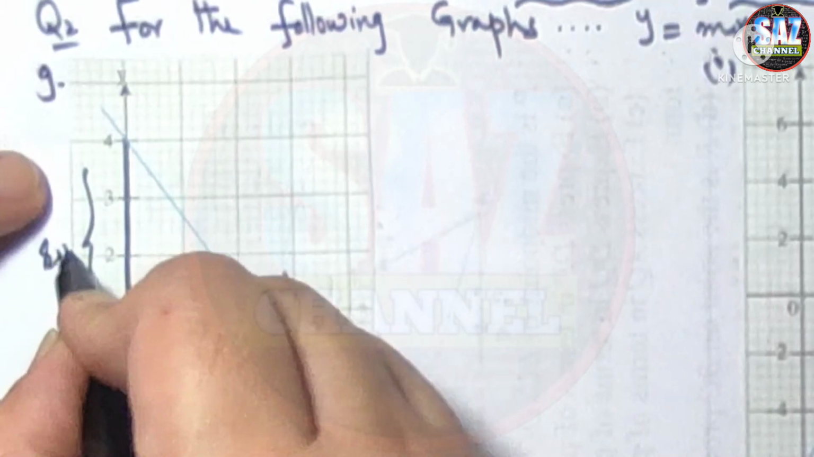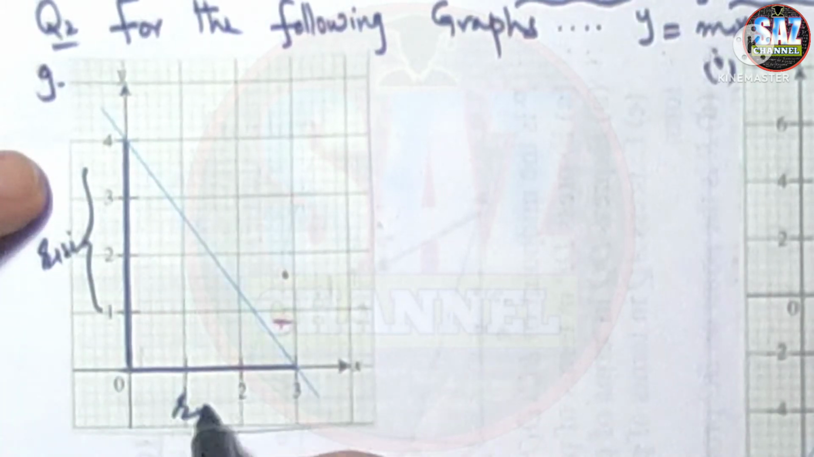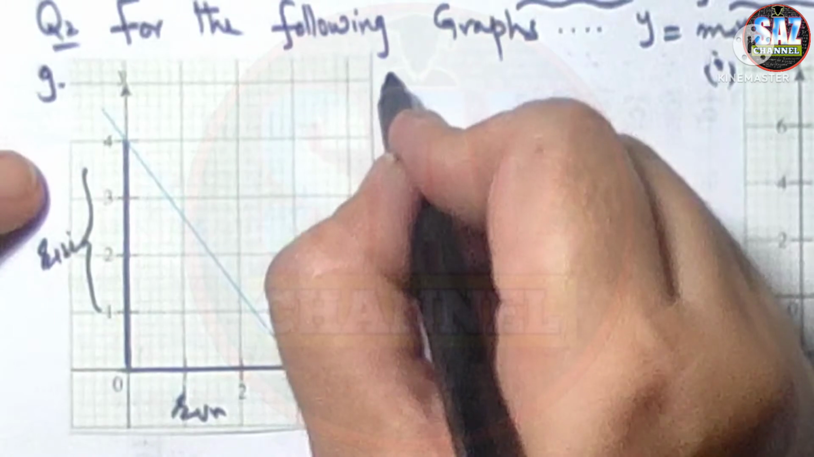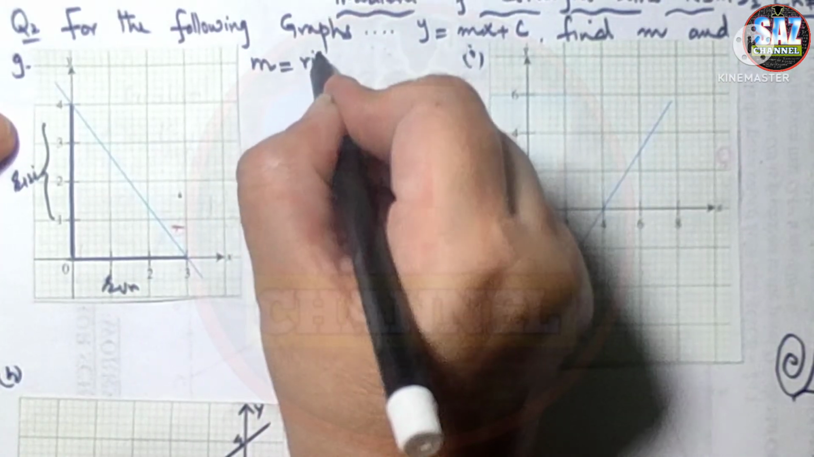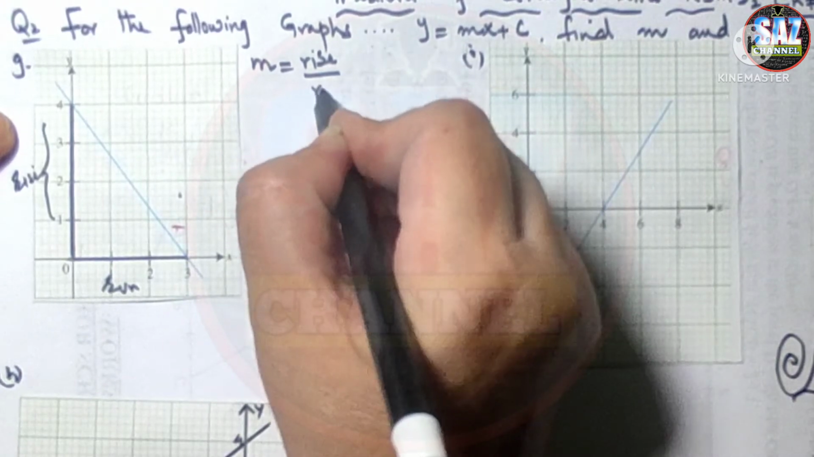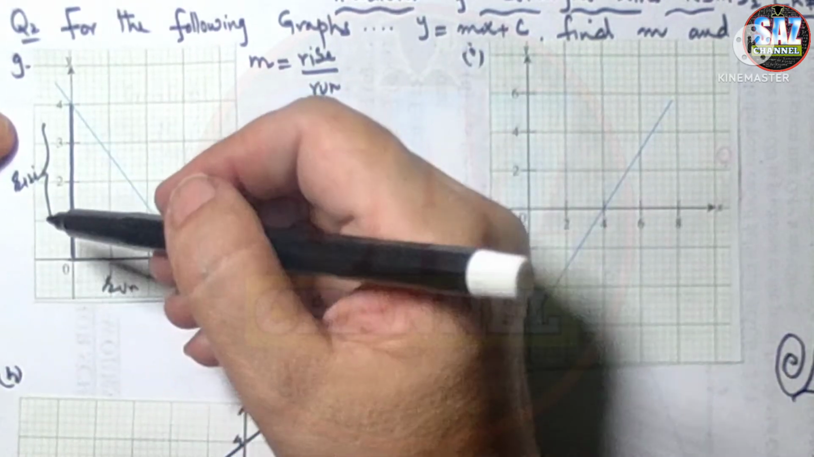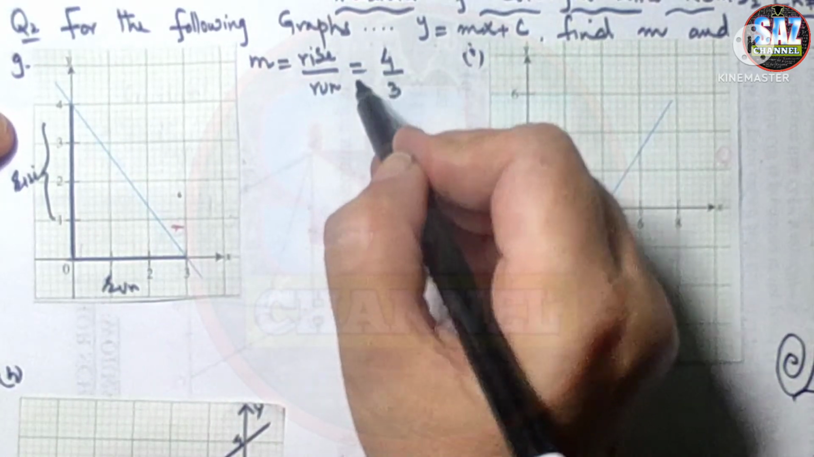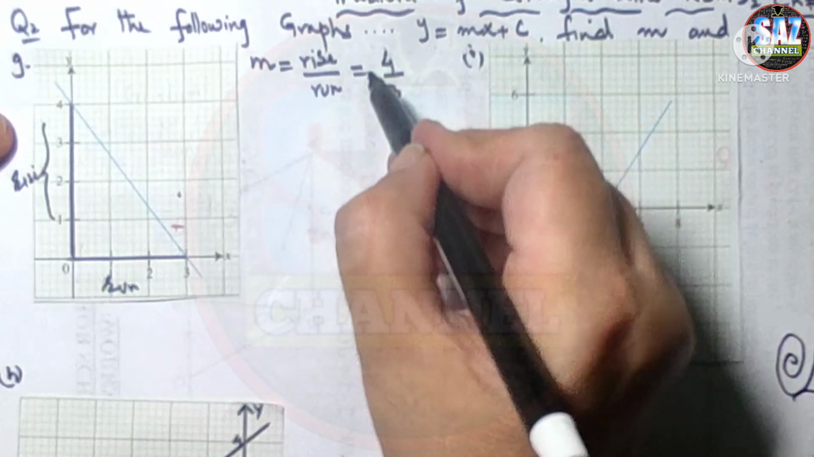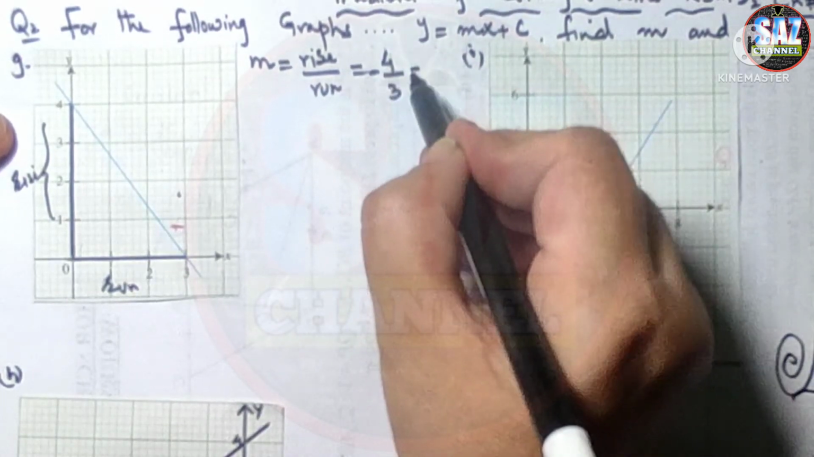Rise upon, this is the rise side and this is the run side. So the gradient is the ratio of rise to run. Rise has how many blocks? Rise has 4 blocks and run has 3 blocks, and it is negative because the line is in a falling trend, so minus